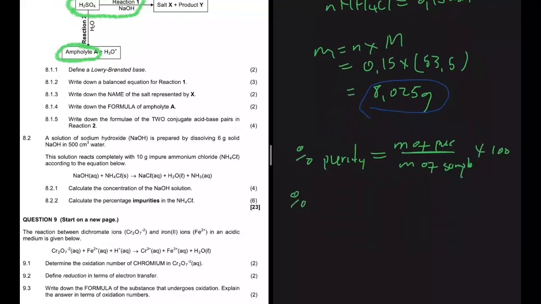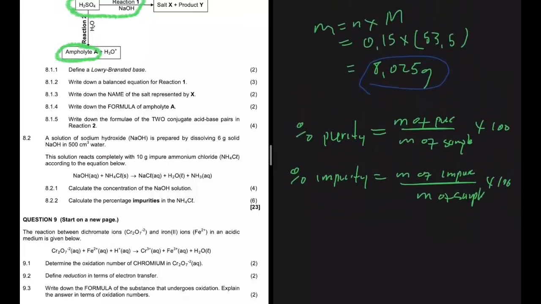So percentage impurity will be equals to the mass of the impure divided by mass of sample multiplied by 100. It's a bit of a trick equation, but not that much. So the mass of the impure, we're saying that initially we had 10 and 8.025 reacted, and then divided by the mass of the sample, which is 10, multiplied by 100, right? And that is